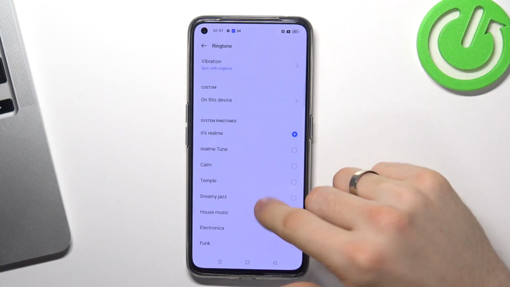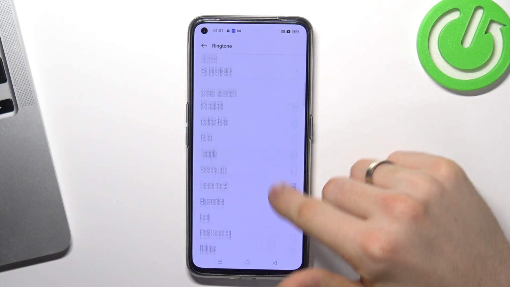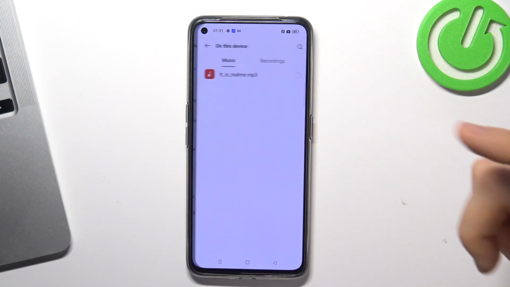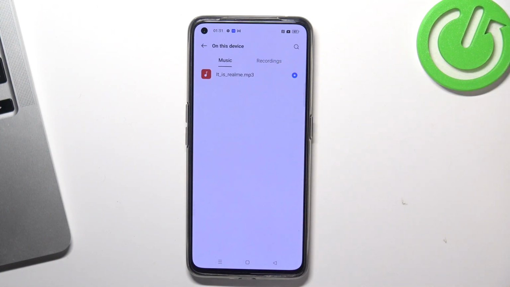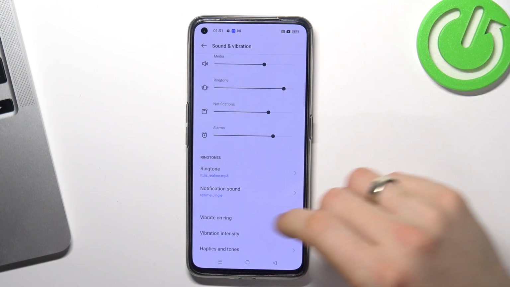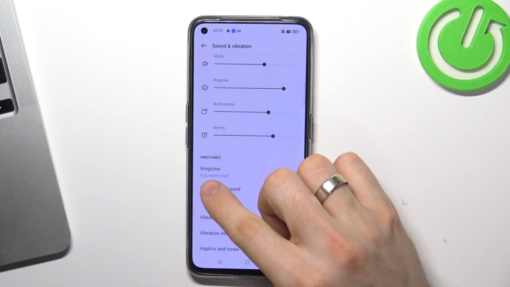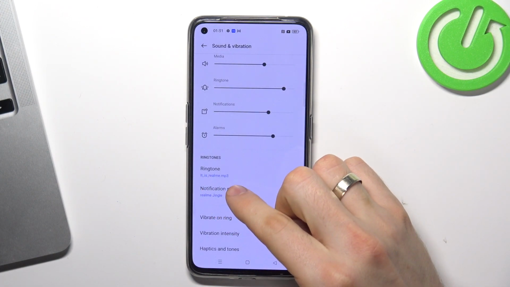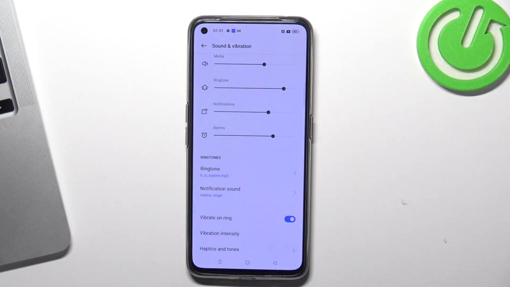Here you will see standard list of pre-installed ringtones for your device, and you can use custom ringtones for your device from music from your local files. Then just click back, and as you can see here, my ringtone it's Realme MP3,